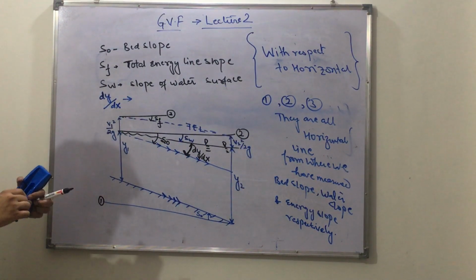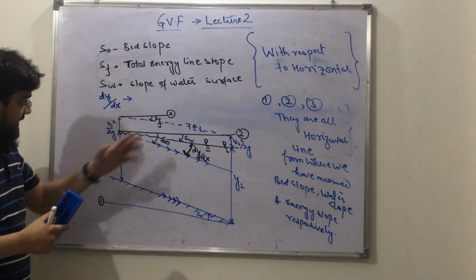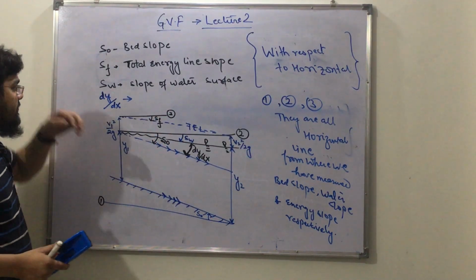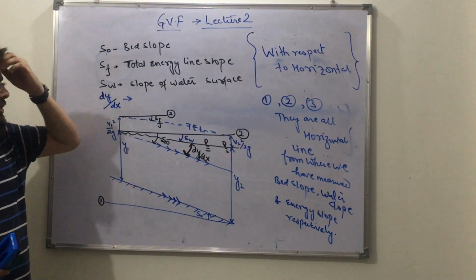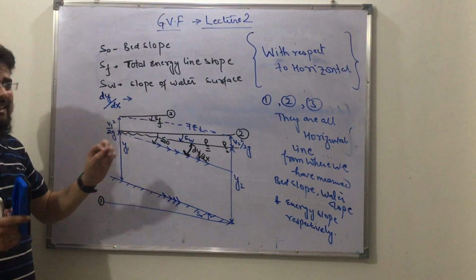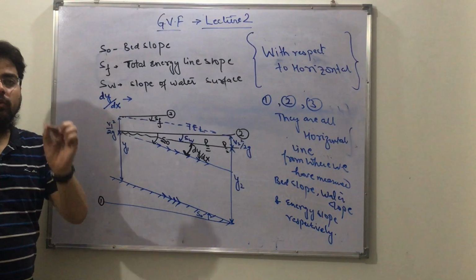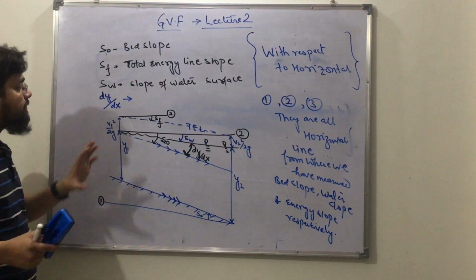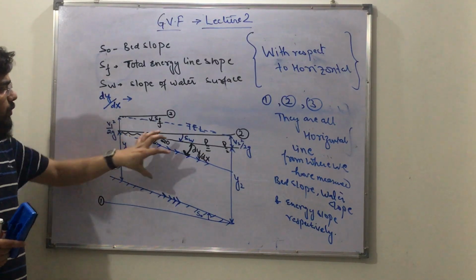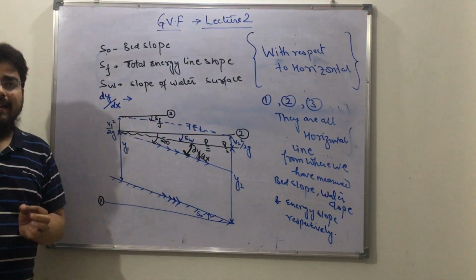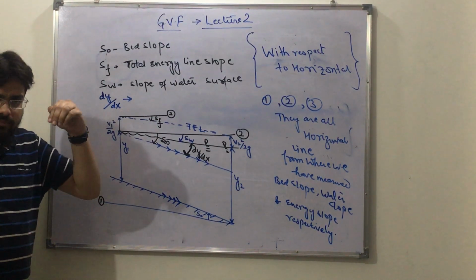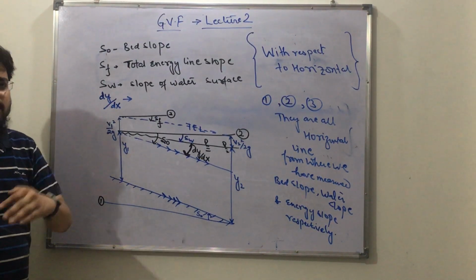And energy slope respectively. So this S0, SF and dy by dx, SW, it is all clear from a single figure. So now while using that expression dy by dx is equal to S0 minus SF upon under root of 1 minus F square, there will be no confusion what is this S0, what is this SF and what is this dy by dx. Hope everything is clear. Now we will proceed further how to make use of this and how to understand what are the water rising profile, what are the water depleting profile or water declining profile.